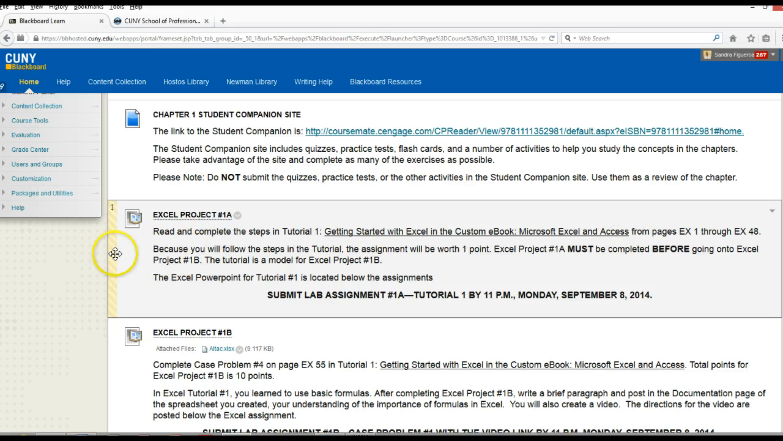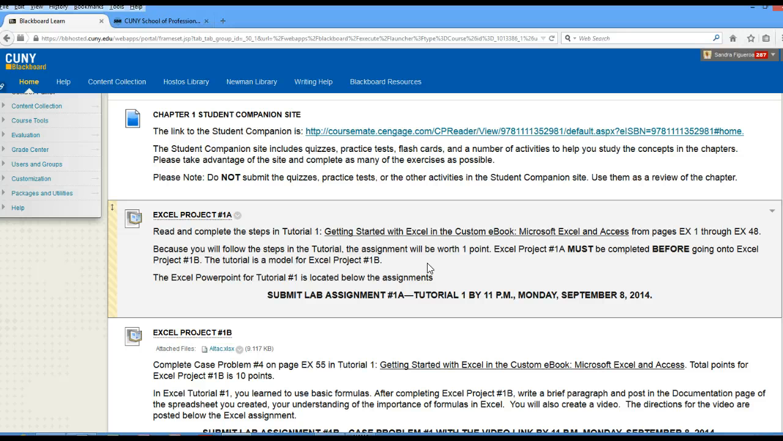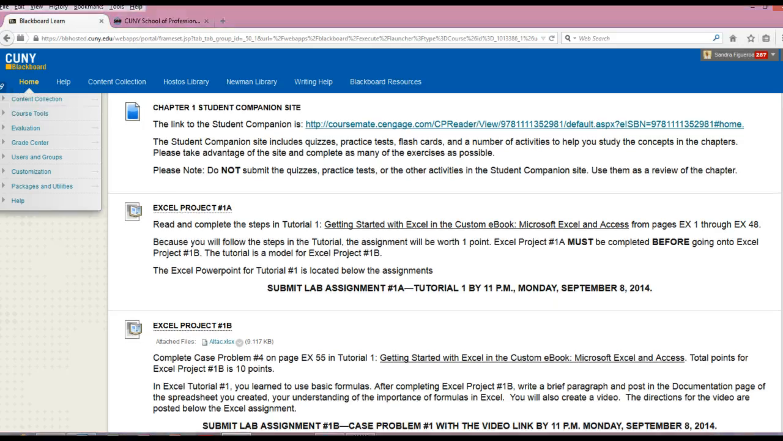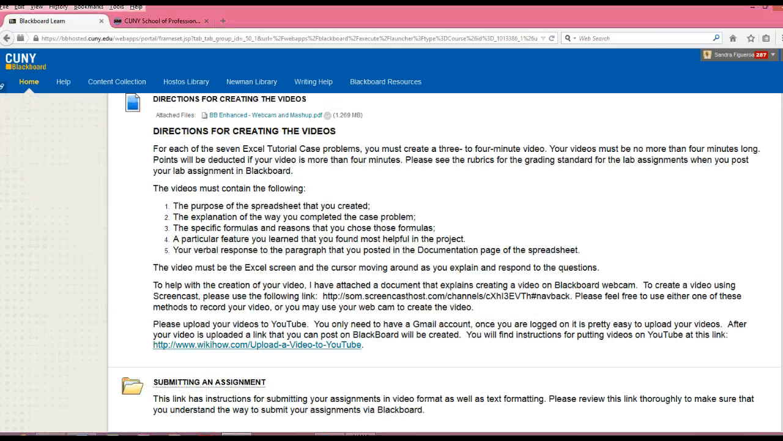Notice that I ask in the second paragraph, because you will follow the steps in the tutorial, the assignment will be worth 1 point because you're following the steps. How do you follow the steps? You start with Excel 1, that's page 1. Read the instructions. They're going to tell you start, do this, do that. You'll know when to do this. All right, through 48. You submit this assignment, and I also show you how to submit your assignments